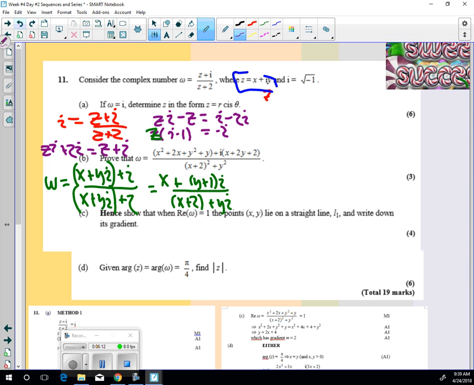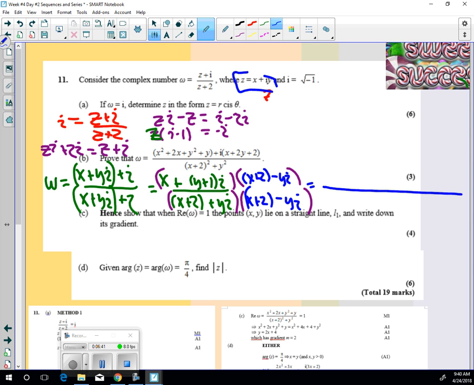What don't you like in this denominator? The i. So what can I do to get rid of that i in the denominator? Yes, x plus 2 minus yi. Yes. So now when we